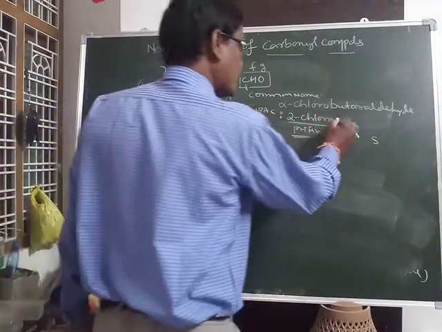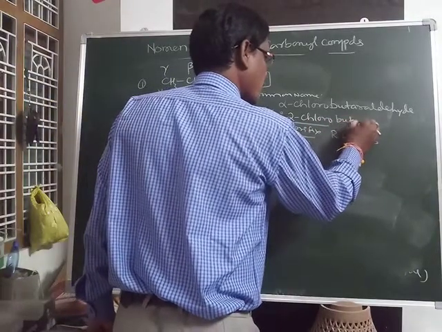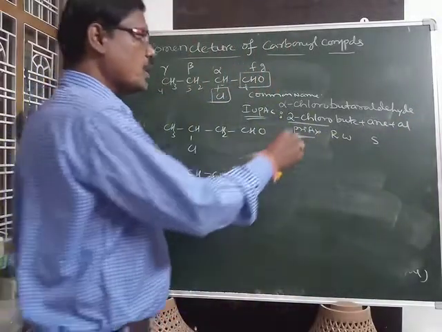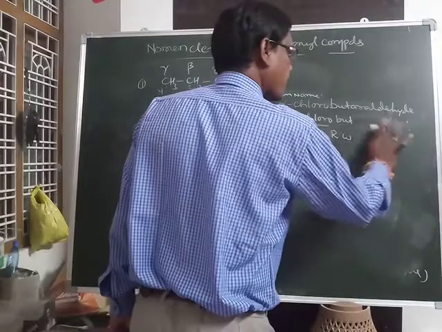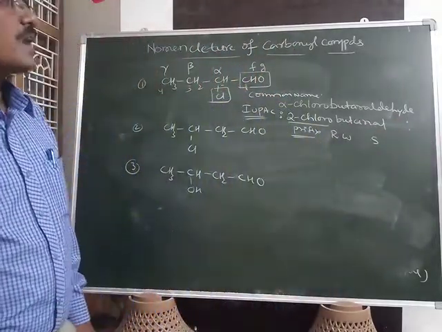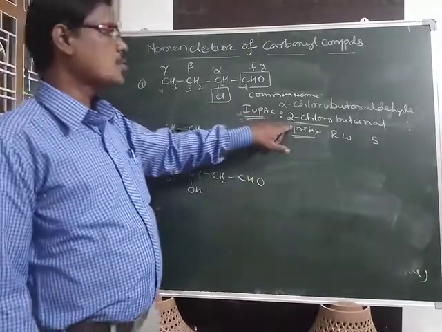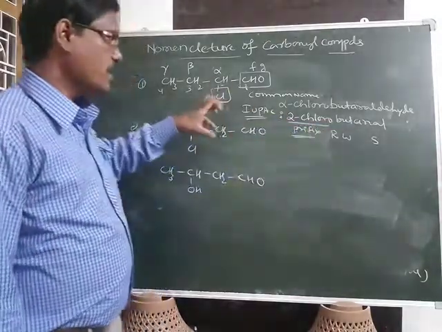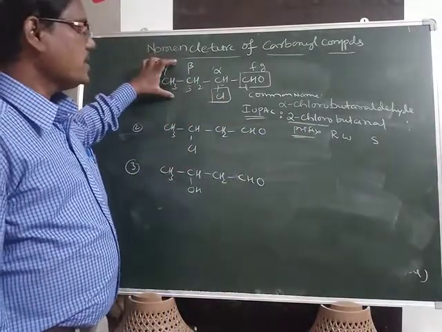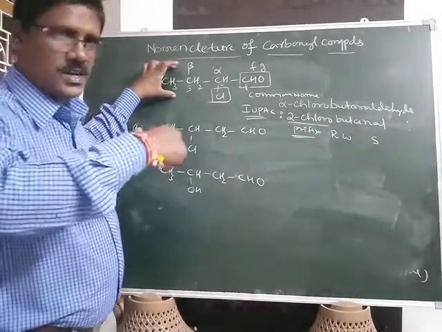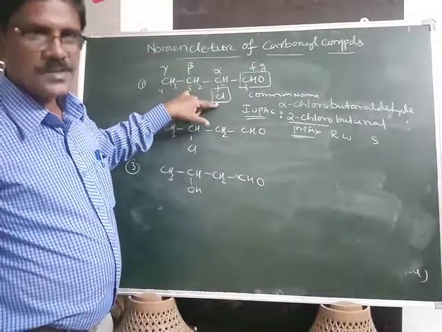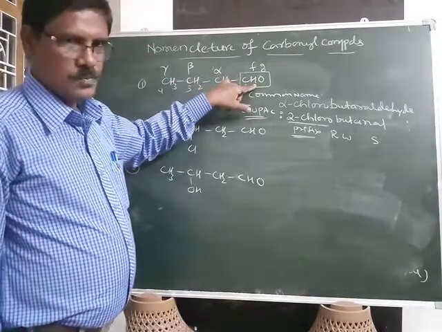But plus ane plus ol. That's why the total name is butanol. But plus ane plus ol, butanol. Its IUPAC name is 2-chlorobutanal. Very interesting and important explanation. And here we are writing a very lengthy carbon chain. In that one, a side chain is also present, and this is the functional group.